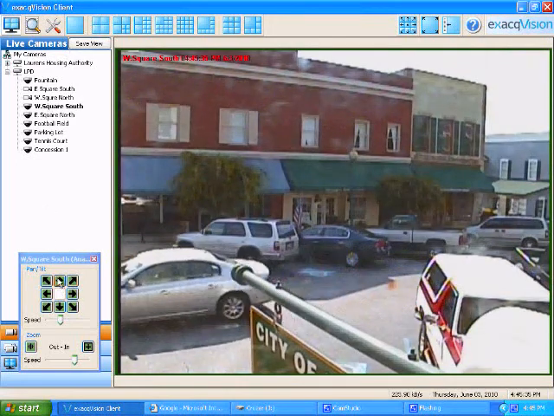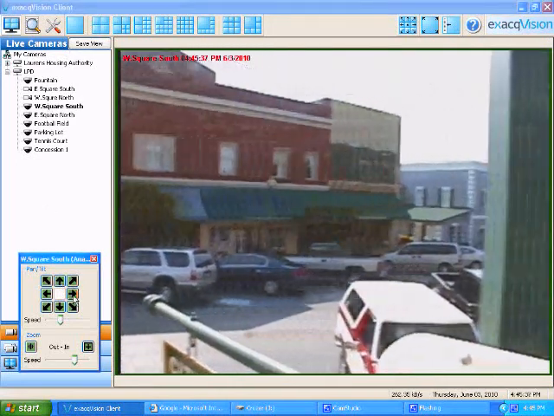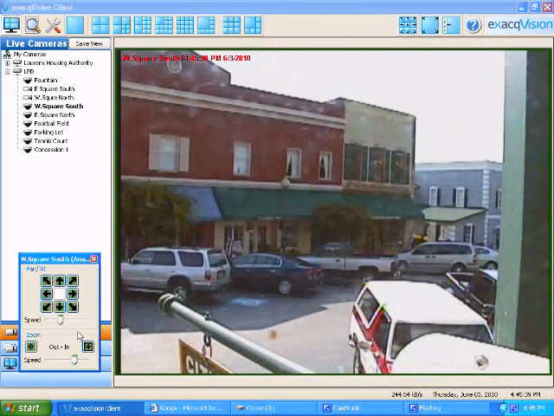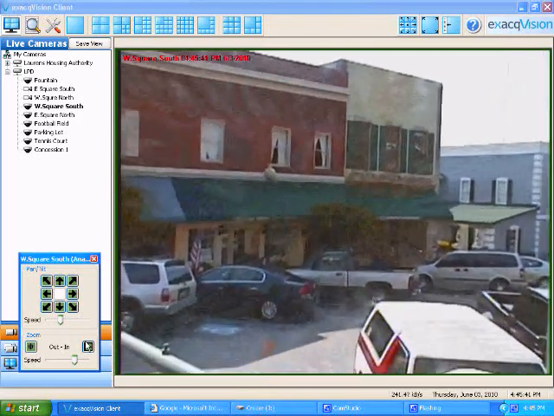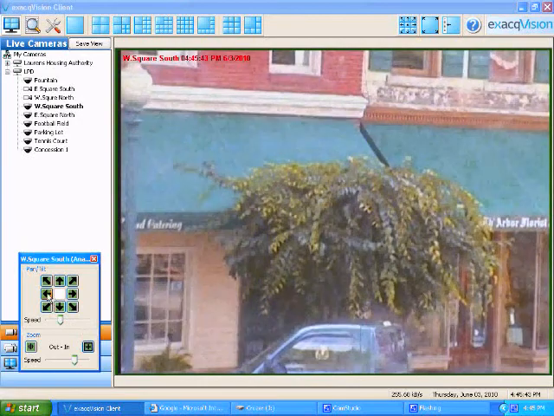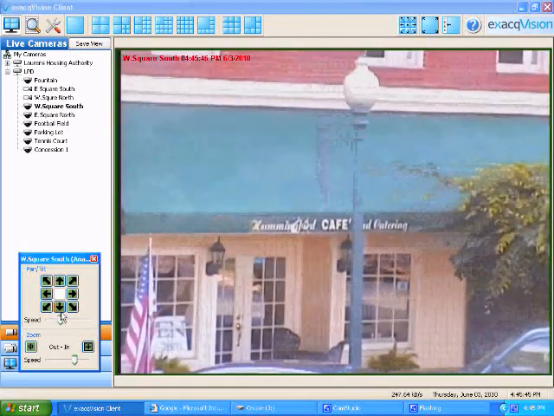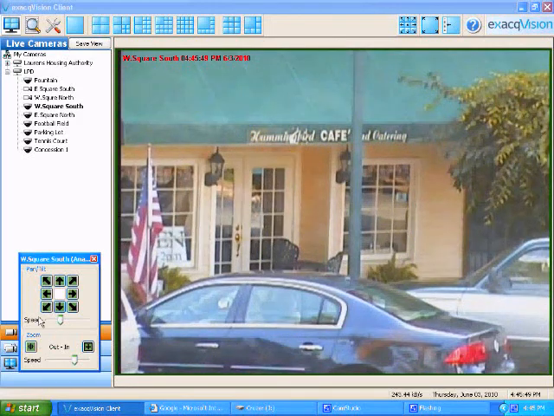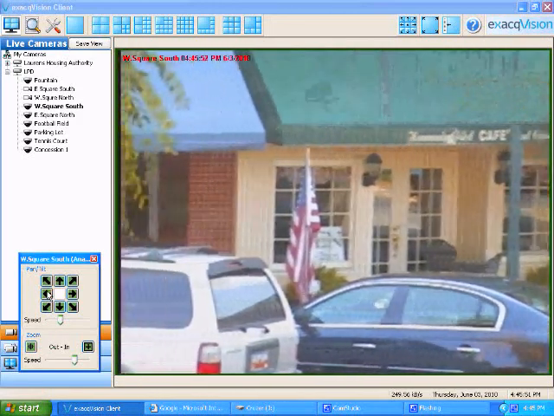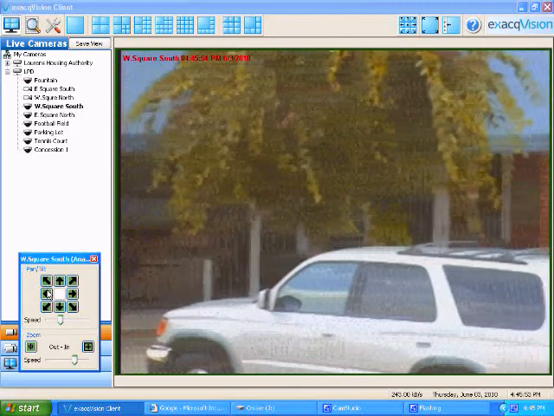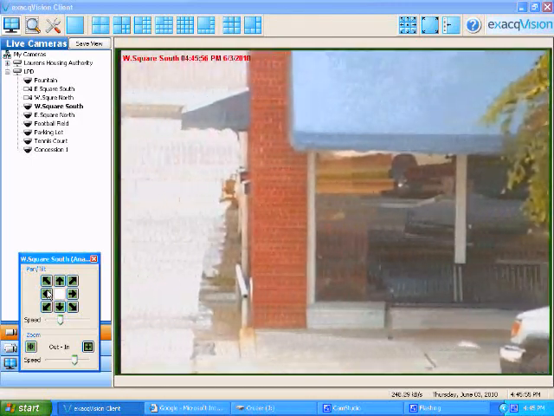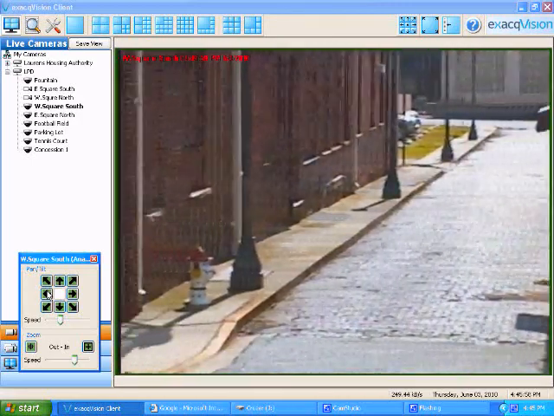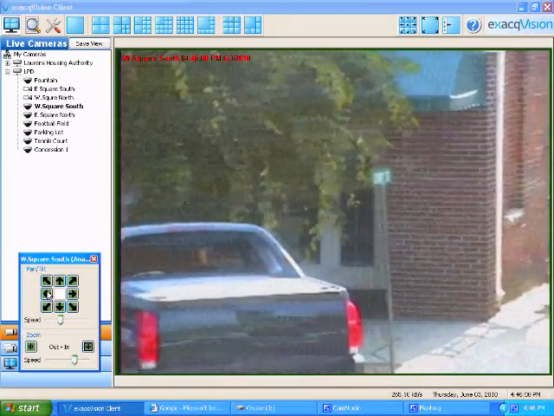Now moving into the downtown area, I'm going to give you some other utilities here. This is one of the restaurants in downtown. Get you a good shot of the front door. They normally have a sandwich board there that the local police chief likes to see what the specials are, so I give him a hard time about utilizing the cameras for that. So now we're kind of panning through part of the downtown square,